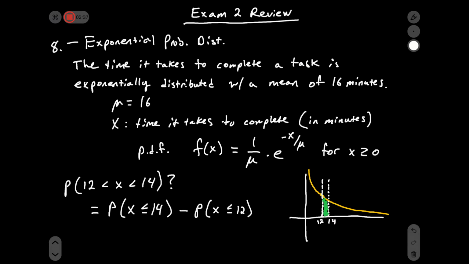And we can essentially just plug in the numbers into our probability distribution function. So this first step would look like this. Be 1 minus 1 over 16